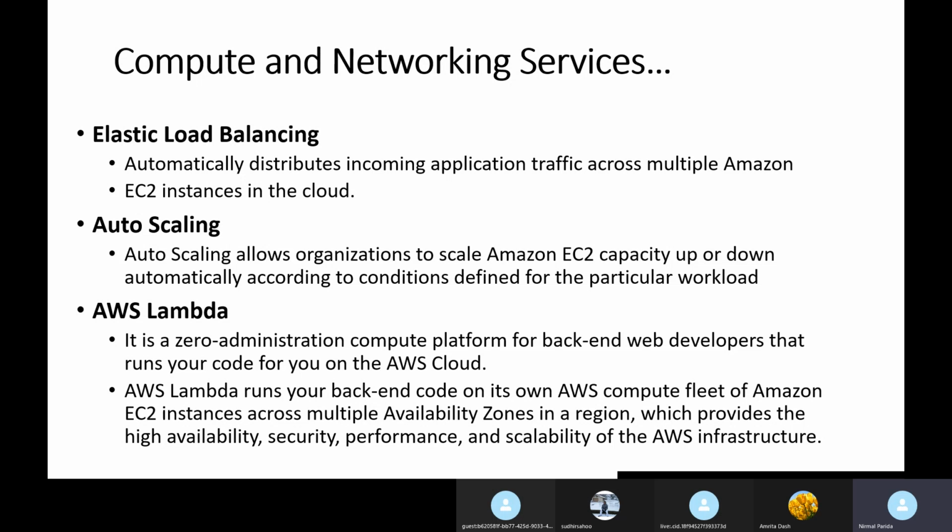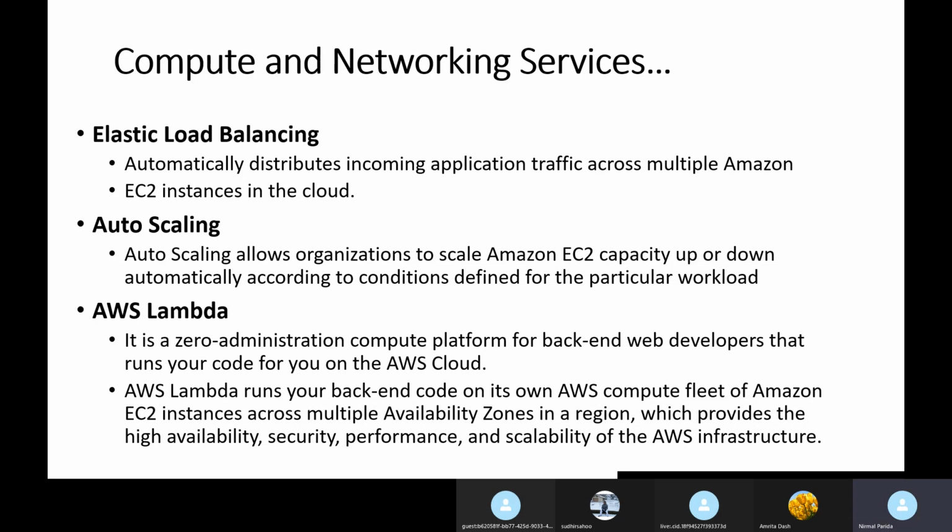There is one service called Elastic Load Balancing, the load balancer. It will automatically distribute incoming application traffic to multiple Amazon EC2 instances. There may be more load on your service, so this service will balance and distribute the load.